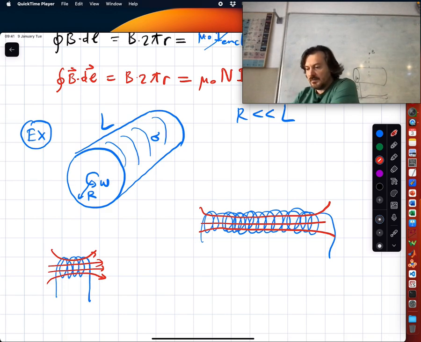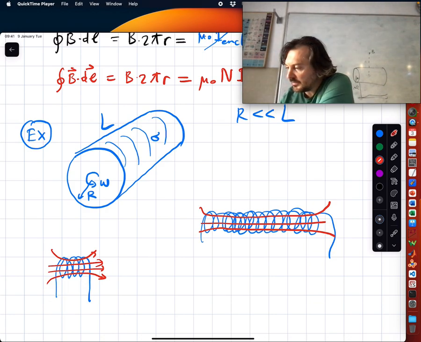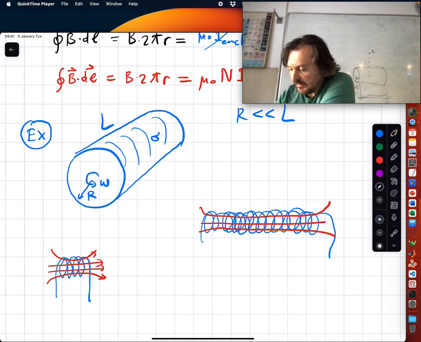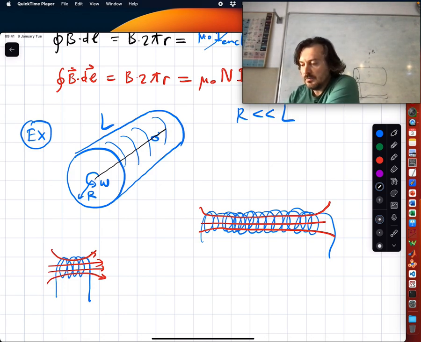So the question is, I gave you some R, but we are not going to use that R. We are just going to use the fact that R is much smaller than L. What is the magnetic field inside and outside of this cylinder that is rotating, on the rotation axis to make things simple? In the middle, right? So, what do we know? What we can assume is that outside the magnetic field is 0,